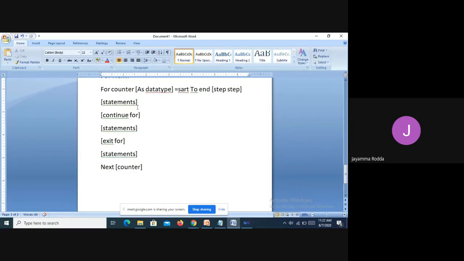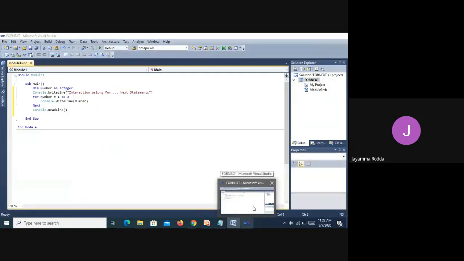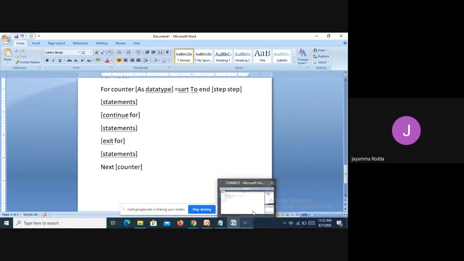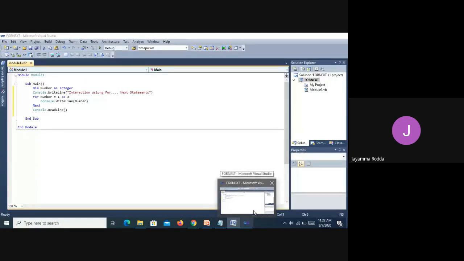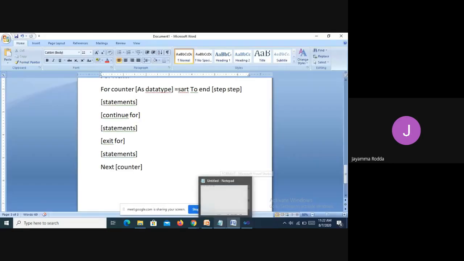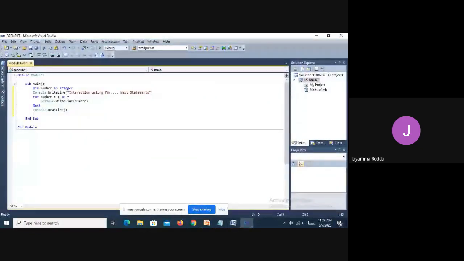And then what are the statements I have written? I have written an output statement, WriteLine, whatever the number that is rotated, that particular number will be printed. Okay, that output statement is written. Then here in the next part, if I want to use the counter, I can use the counter. I don't want to use any variable. I just want to use the for next statement. That's all. So next is automatically displayed. I'm writing the input statement Console.ReadLine to display my output.